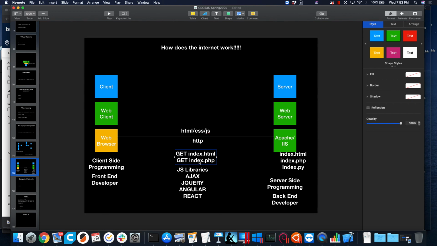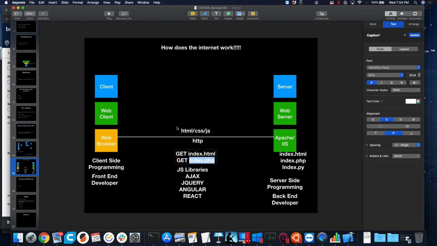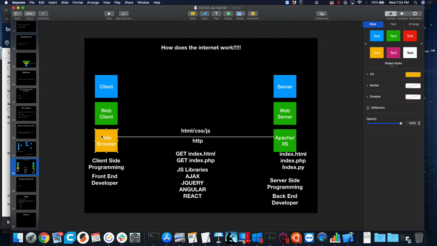PHP is a programming language, which implies that a file that has a .php extension is likely a computer program that needs to be run. And we hope the output of that program is HTML, CSS, and JavaScript, because this web server is going to run this program and spit out the output, and this dude's expecting it to be HTML, CSS, or JavaScript, because that's what browsers eat, right? They turn HTML, CSS, and JavaScript into pretty pictures and text.